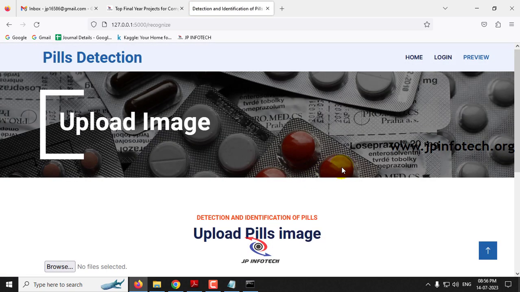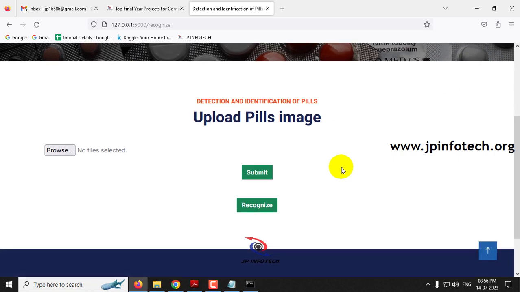Now it will be navigated to the recognize part where you need to upload the test image or the train image, any image, and then you need to check for it. So here many of the students ask me what happens if we give images other than what we have trained up. For example, if you are giving your own face image, or an animal image, or any other object image, it shows some random result only, because we cannot train up the whole system with all kinds of images. So you need to test only with the images that you have trained up with